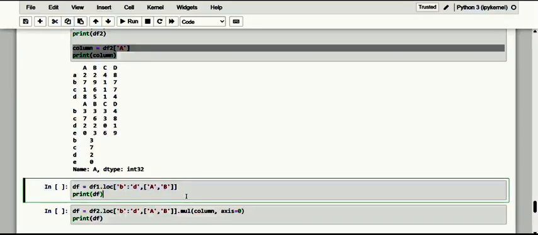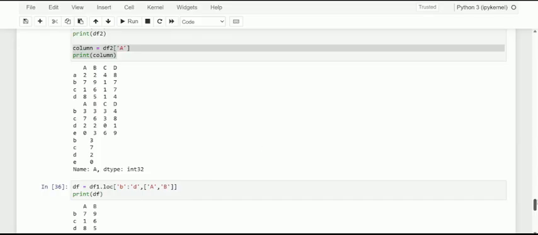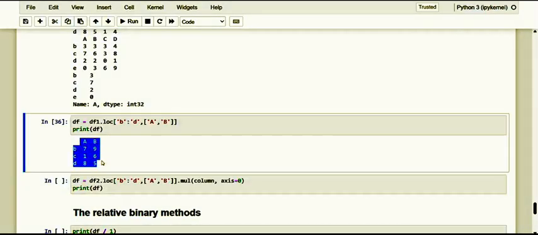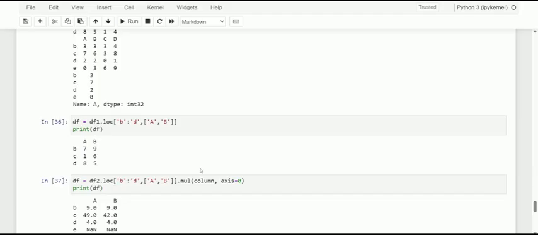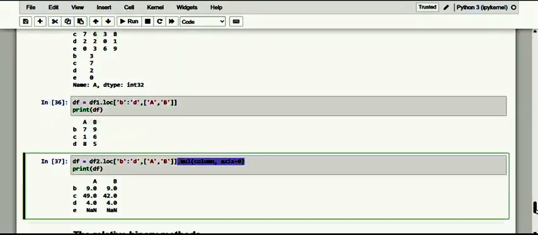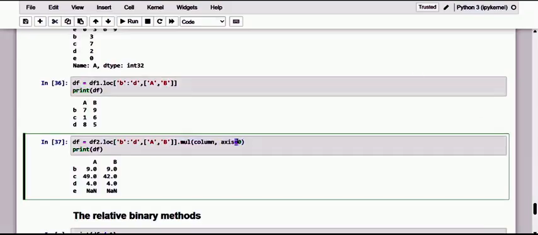So first let me extract here. What we have here, we are extracting a data frame. So this is the subset from data frame 1. And here we are going to make multiplication operations towards the column onto this data frame, with axis 0. And depending on the labels present in the subset indices, if there is no correspondence between the two operands, that is rows or columns, that may be valued with NaN. That is what is specified here.